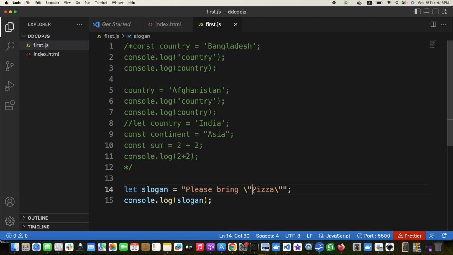So one of the ways is this. Another one is, if I remove this, in such scenarios what we used to do a few years back was to break it into substrings. So for that purpose we will make "please bring" one portion, then plus. This is known as the concatenation operator. The concatenation operator means the operator which joins two strings. So now this is plus,